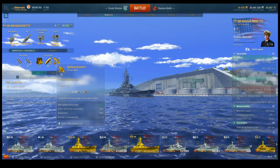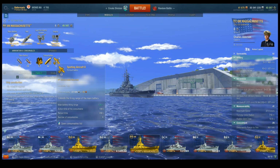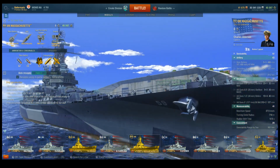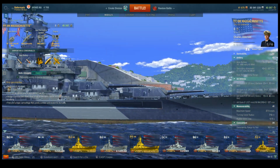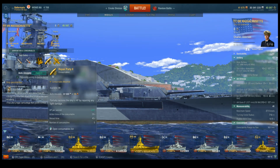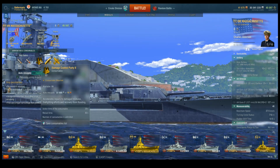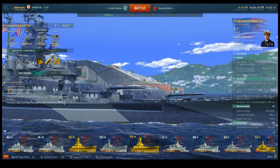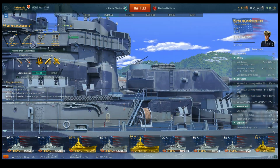I'm using the Aislinn mods on my game. It helps out a little bit. It helps me determine, okay, did I forget my mods or something? I can glance over and see what I put on there. This ship is again a battleship from World War II, and you can see